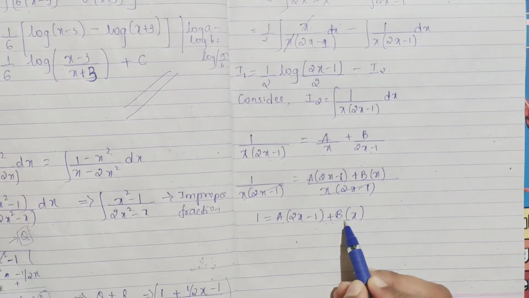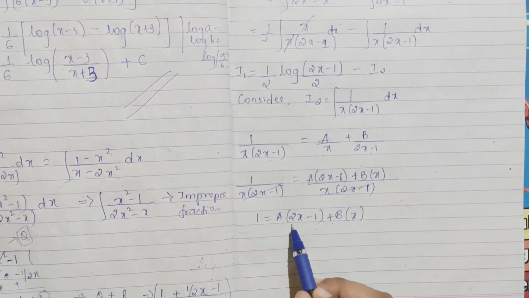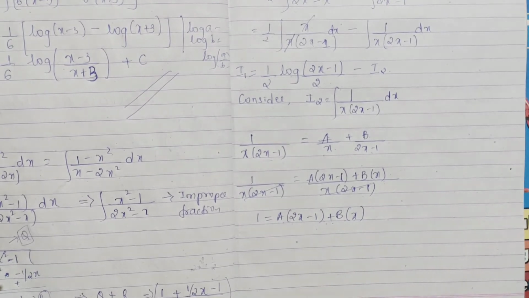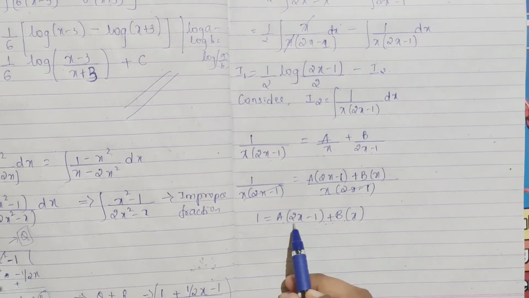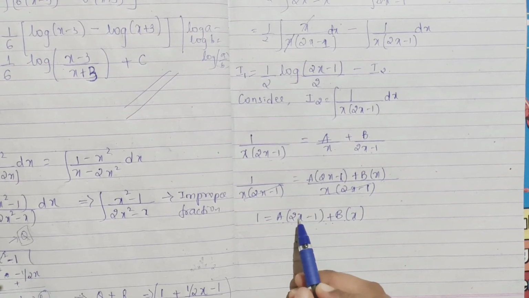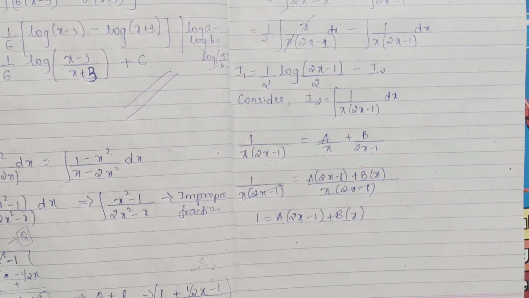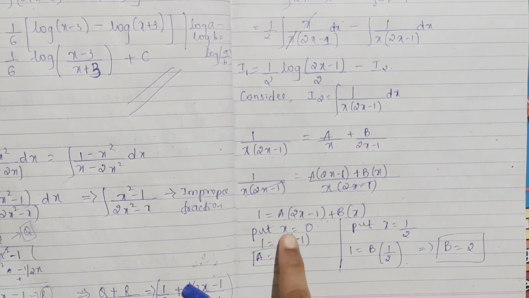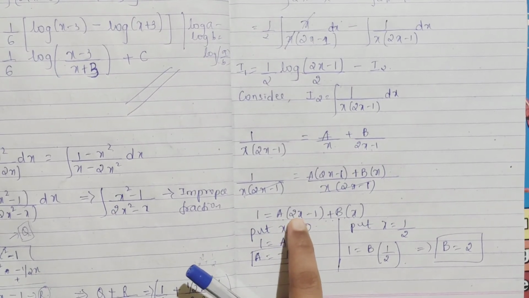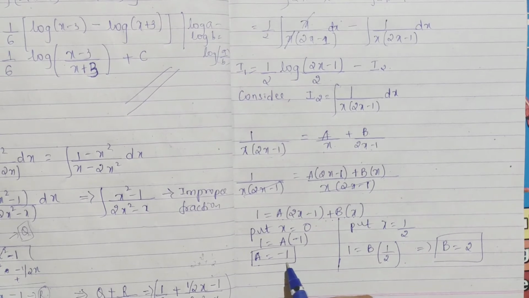See, to make your b as 0, your x should be 0. To make your a as 0, this should be 1 by 2, right? Sorry, yeah, 1 by 2. If you do 1 by 2, the 2 cancels, you will have only 1. 1 minus 1 will be 0. So we can do the same way. So you can see, put x is equal to 0, 1 remains as it is here, 2 into 0 is 0, so you will have a minus 1, this term will be 0. So a value is minus 1.